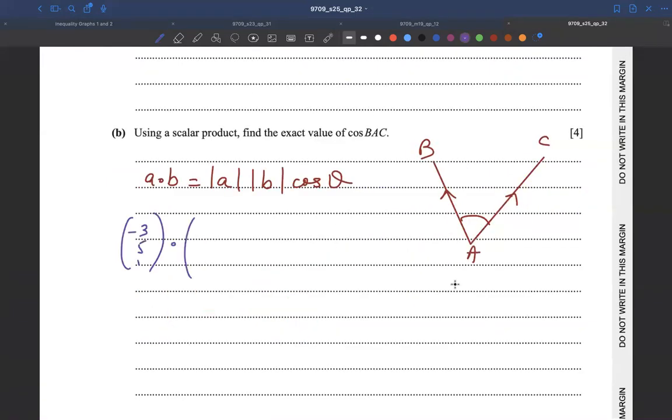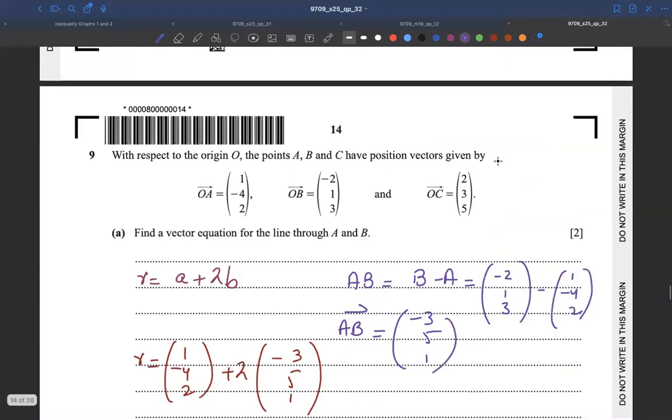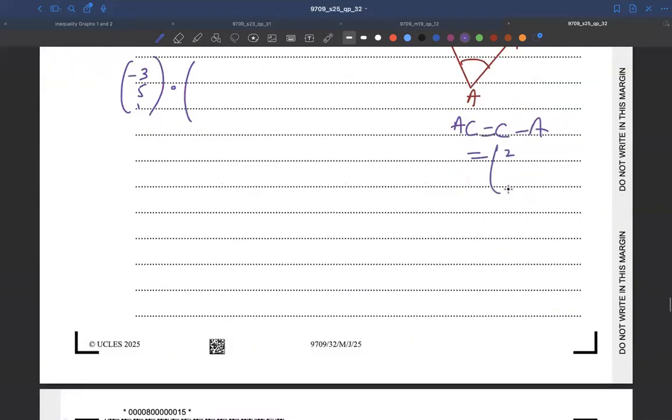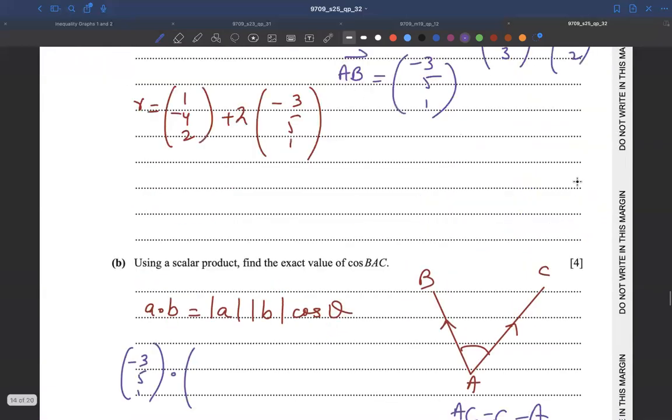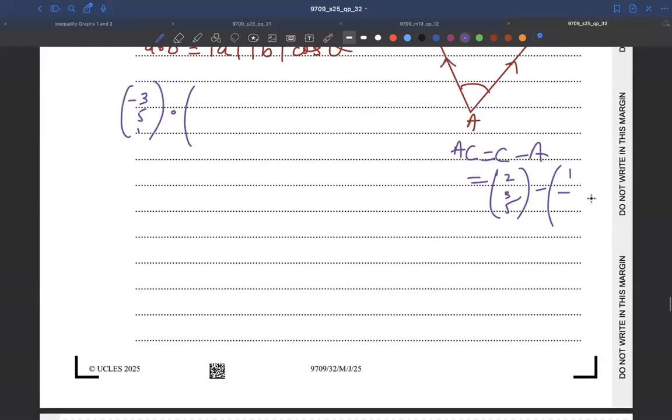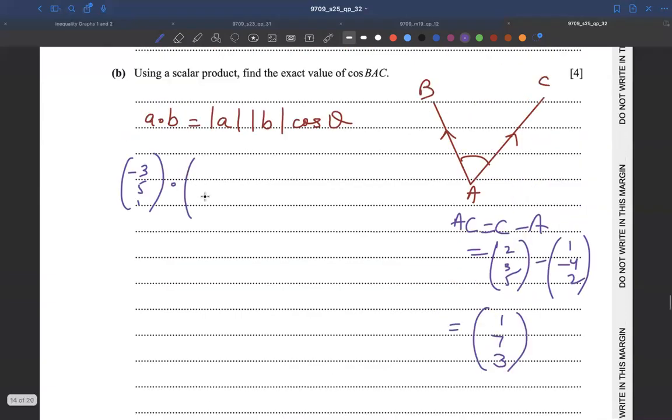So we'll find AC, that would be C minus A. So C is 2, 3, 5. So 2, 3, 5 minus A, which is 1, 4 and 2. So this will become 2 minus 1, 1. 3 minus 4, minus 1. And 5 minus 2 is 3. So we have the other direction vector, which is 1, 7, and 3, equals to the magnitude of the first